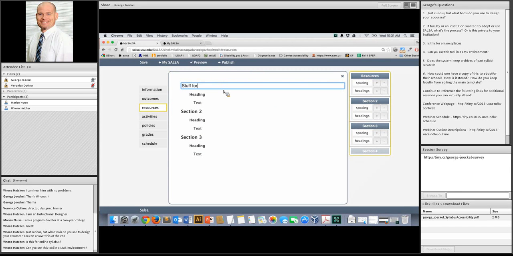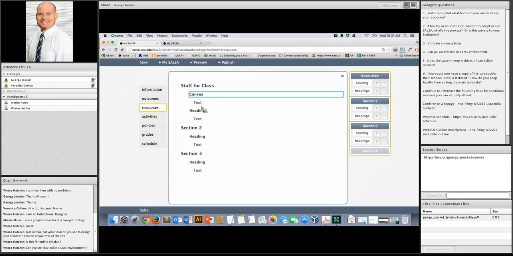Then you come into resources, and you'll see that, this is what we've tried to do with this basic instance of Salsa, is make it very plastic, make it very changeable. So, people can come in here and, if you don't want to call it learning resources, you can call it stuff for class or whatever you want.